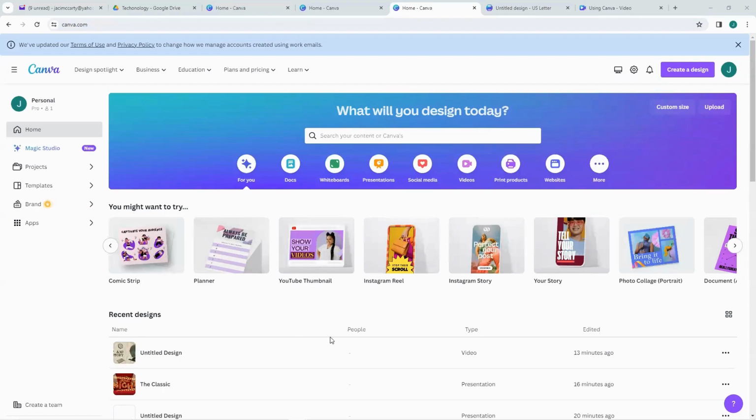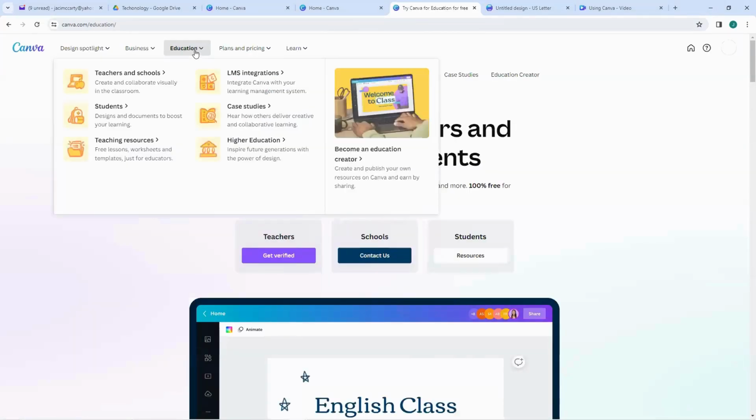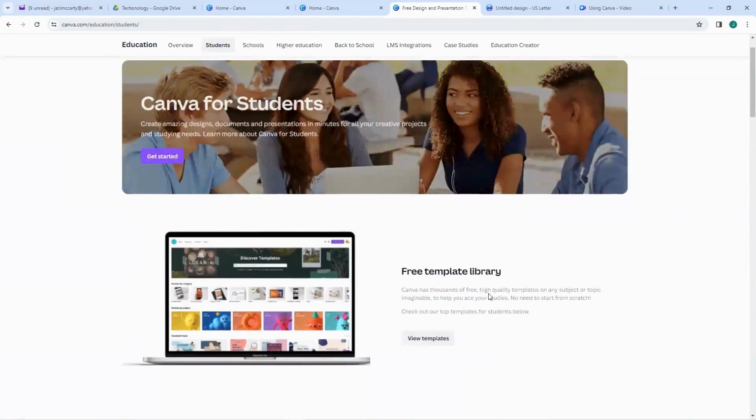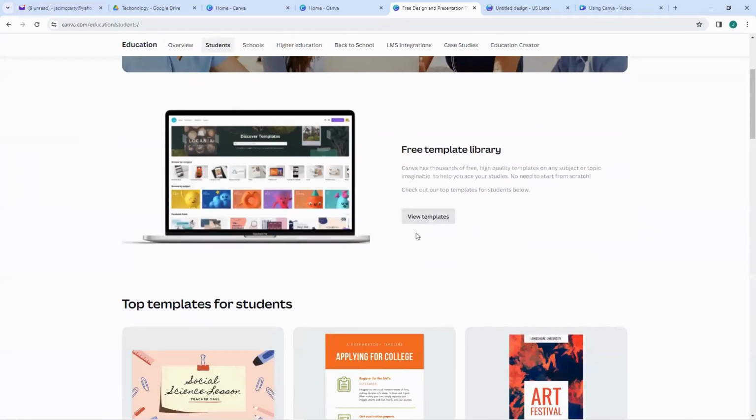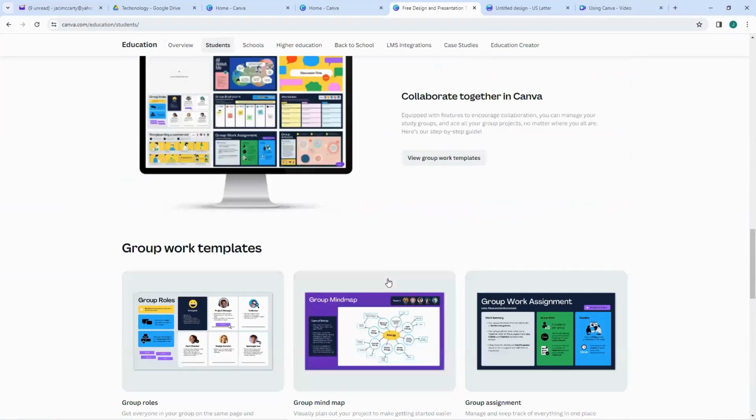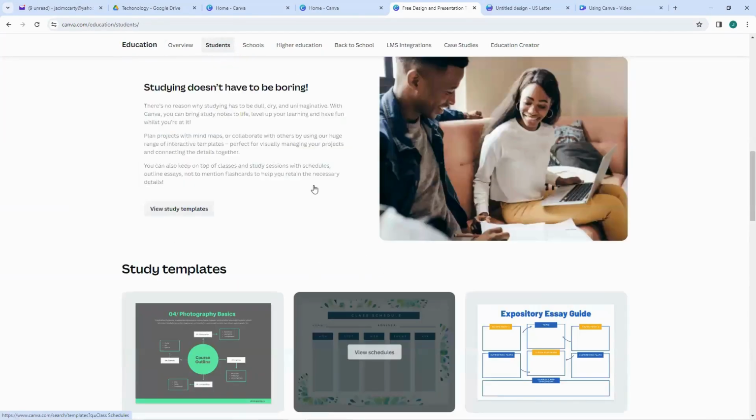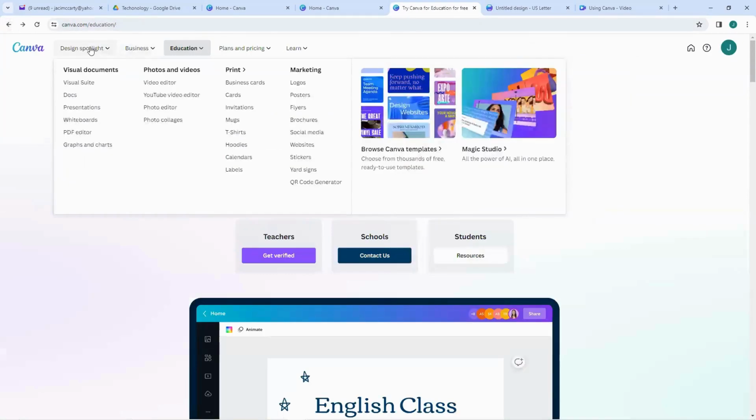Okay, the next thing I want to talk about is, could we be using this with our students? So again, if you click the education and the teachers in schools, you'll see that there is even a button for Canva for students, and they have their own template library and different things they could be using it with. Now, let's just go back to that slide